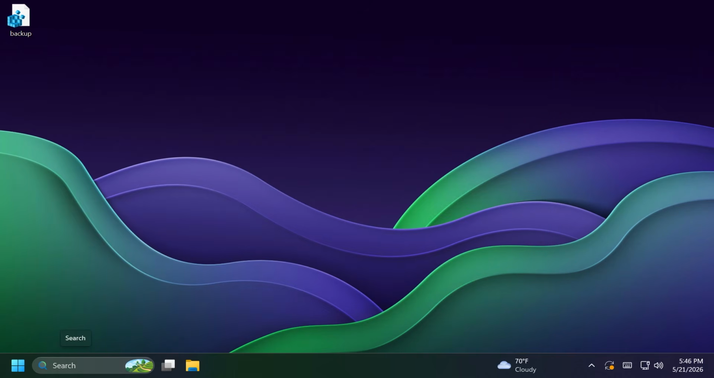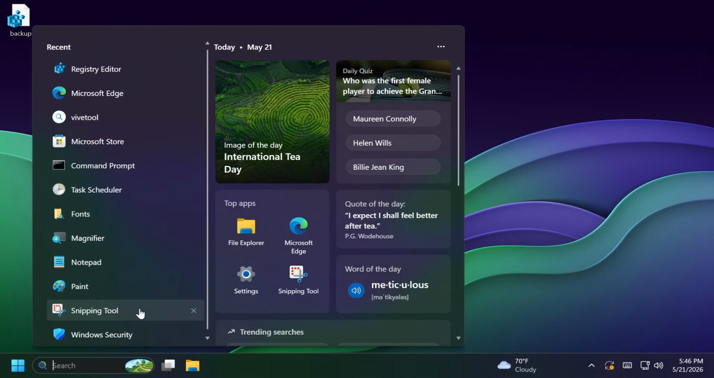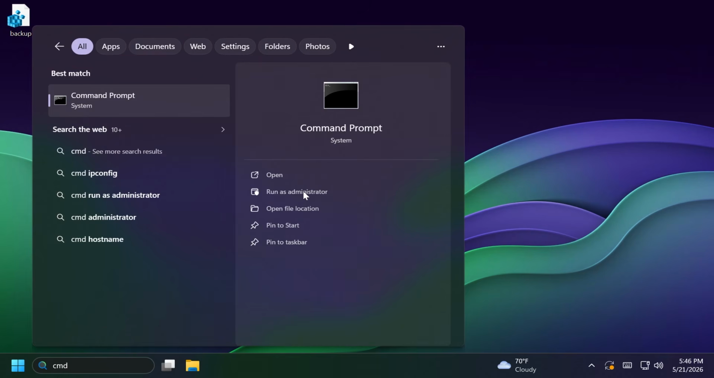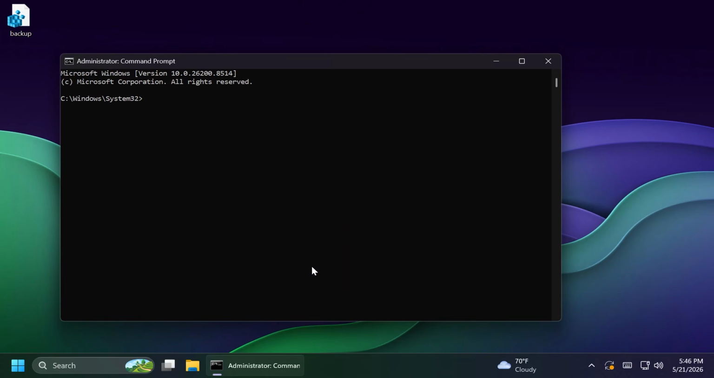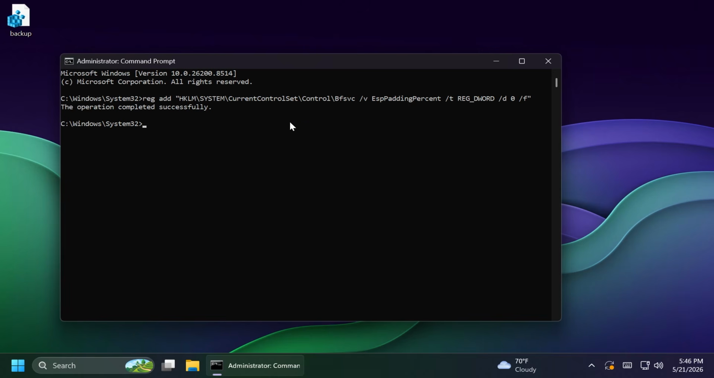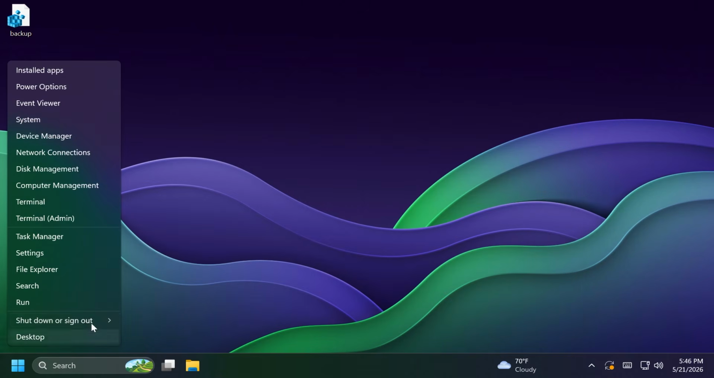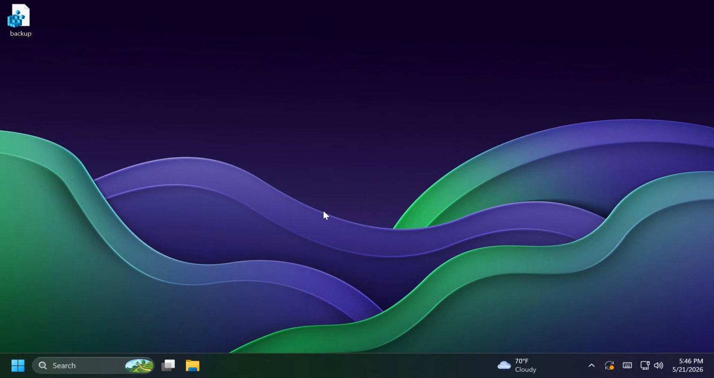Microsoft provides an official command that will automatically modify these registries. So open up the CMD, type in the search box CMD, and then click on Run as Administrator, and on User Account Control, click on Yes. Inside CMD, copy and paste in the following command, and the operation should be completed successfully. As you can see, this is just a command that changes the ESP padding percentage, and now what you have to do is exit out from the CMD and restart your computer,